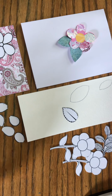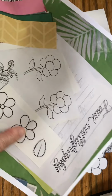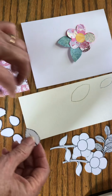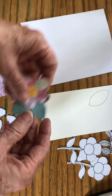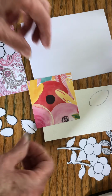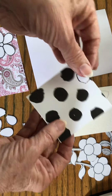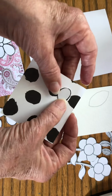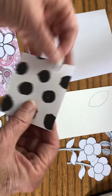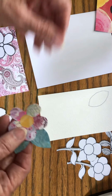So I cut apart one of the flowers and the leaf. So here's what I cut apart, and traced them onto the paper that I wanted to use. You can trace it on the front side of the paper. The truth is, we could have a black and white flower too. Some of your papers are two-sided and some are not. Anyway, I traced the 5 of them on a piece of paper and cut them out,